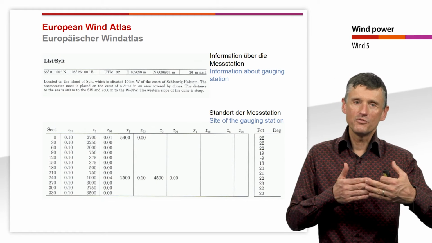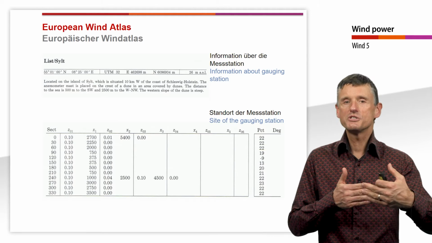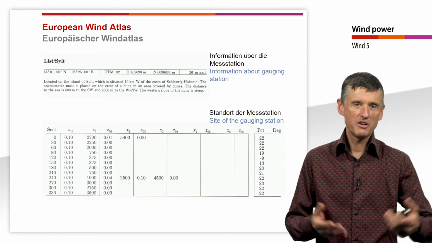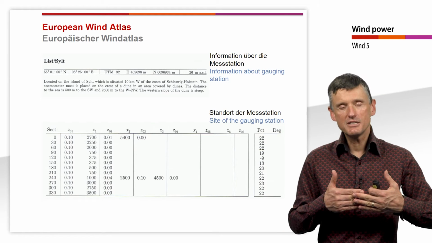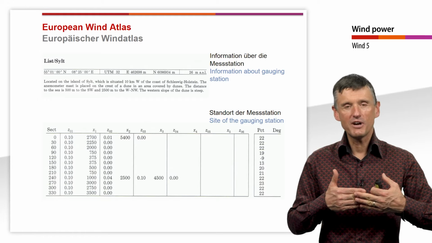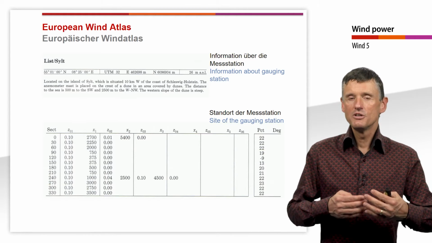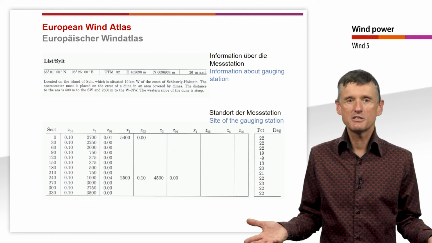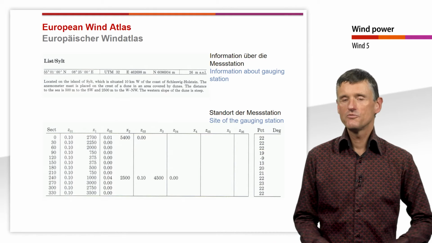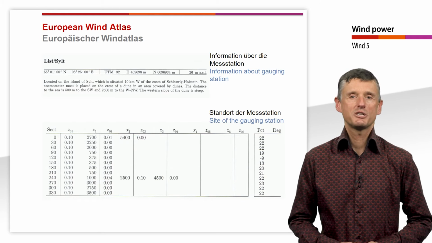Then we have a change in the roughness length, going to 0.01. That is, I think, on this island just sand, until a distance from the measurement station of 5.4 kilometers. And then we have another break in the roughness, then it's 0, which is then just the sea. And that we get for all the directions, so that we know what the surroundings of our measurement station are like.